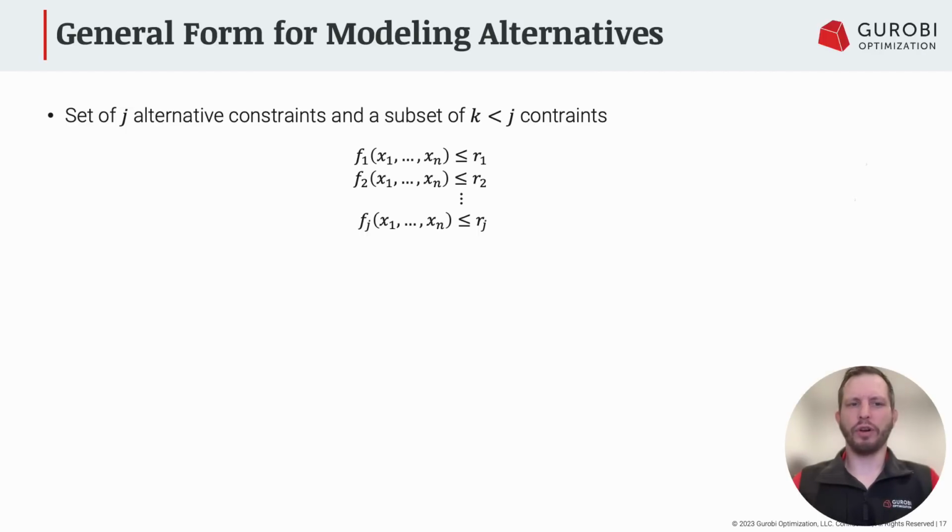So you may be thinking, is there a more general way to formulate working with a set of constraints and logically choosing between them, or generalizing what we've been talking about so far? And the answer is yes. Let's say we have a set of j constraints and we want to consider some subset k less than or equal to j. So we have f1 through fj and the right-hand sides of those constraints, r1 through rj, and we want to implement some constraints to make sure that some of these happen or some of them don't. So maybe you're asking, how do I go about doing that? Well, the answer is